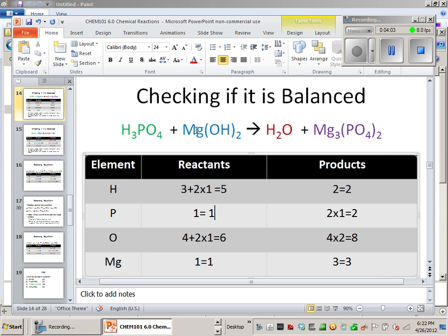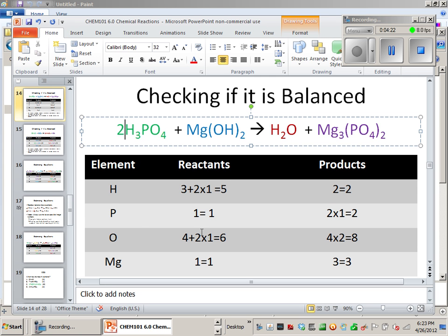I think what I'm going to do is one of these 2. Do you guys have a preference? This phosphate or this phosphoric acid or this magnesium hydroxide? Okay, so I'm going to do the first one first. So I need there to be 2 phosphoruses here, so I'm going to put a 2 in front of it